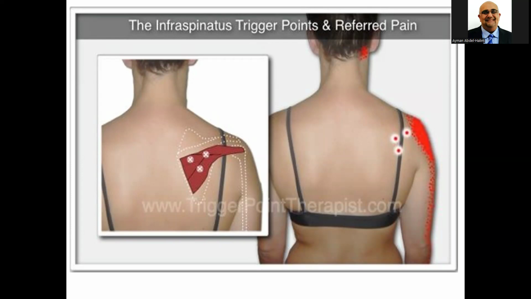I usually just put a little bit of local there, and it's pretty safe because you have the scapula in front of you. You're not going to get pneumothorax or anything. You will hit the bone if you go too deep. I like to do this injection in my office, and let me tell you, immediate relief, immediate. Unfortunately, it's short term. But the patient gets out of your clinic very satisfied.